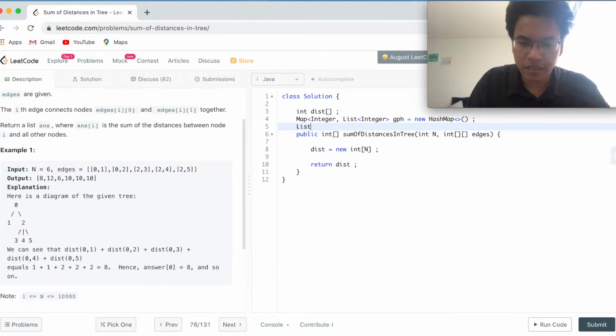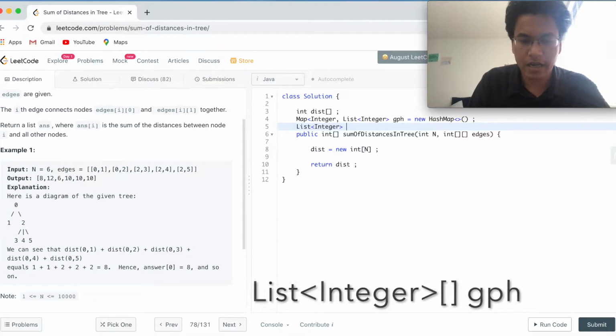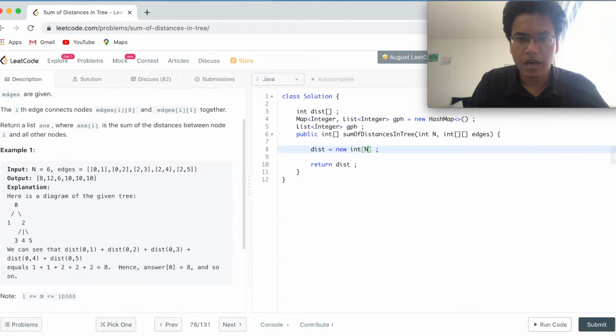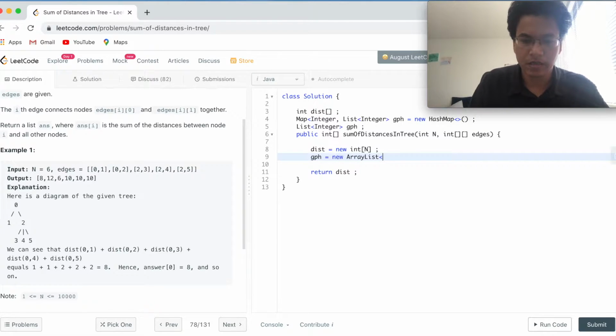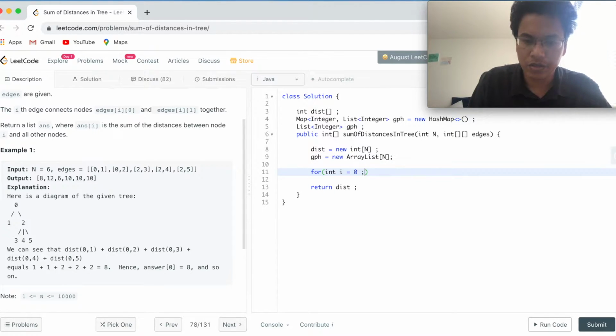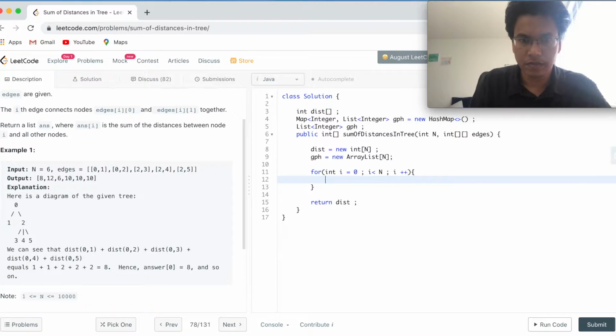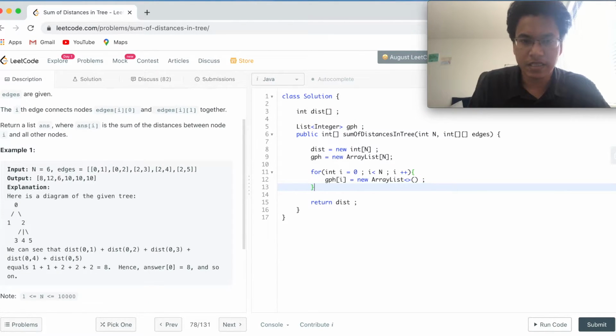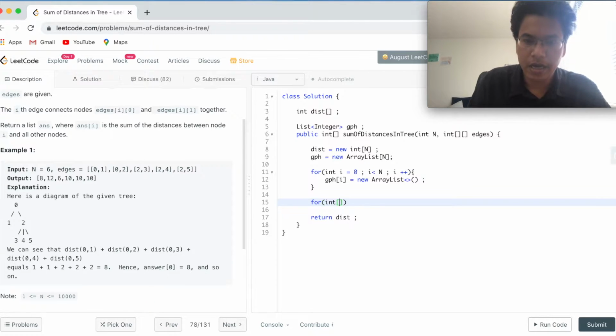We can write this graph as a list of integer array gph, gph equal to new ArrayList of size n, and in the for loop, for int i equal to 0, i less than n, i plus plus, gph[i] equal to new ArrayList of integer. We can get rid of this map.